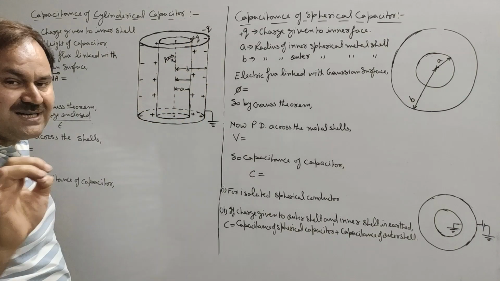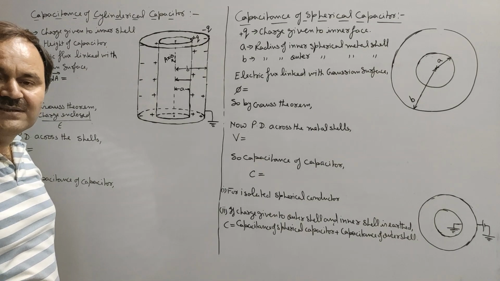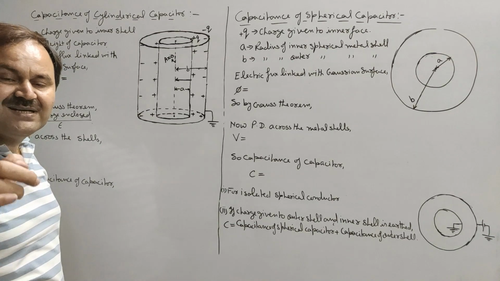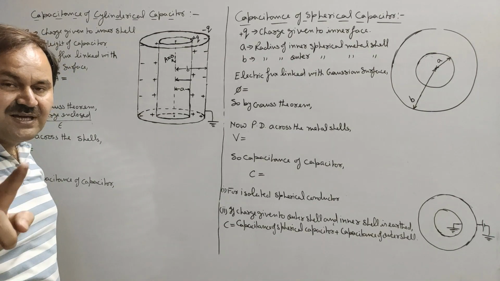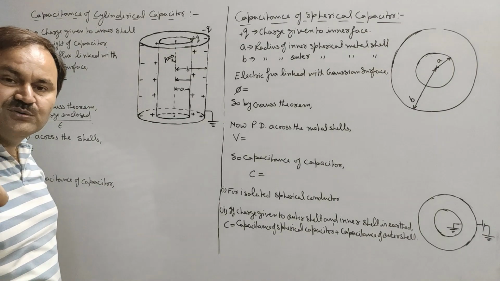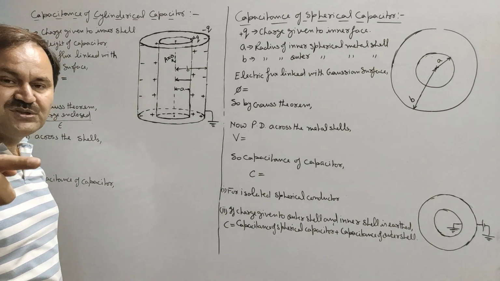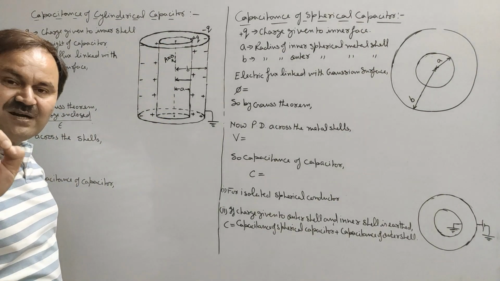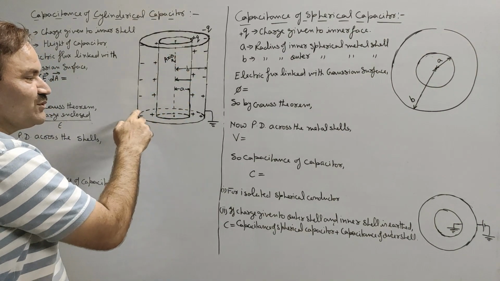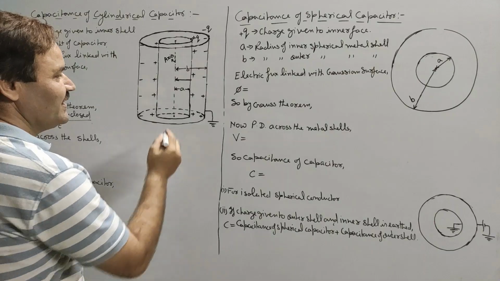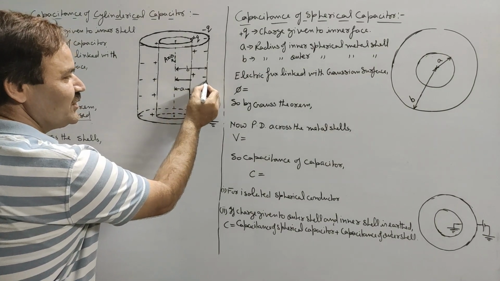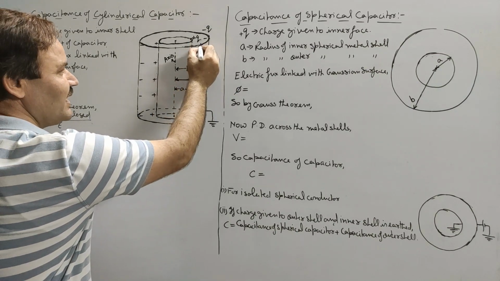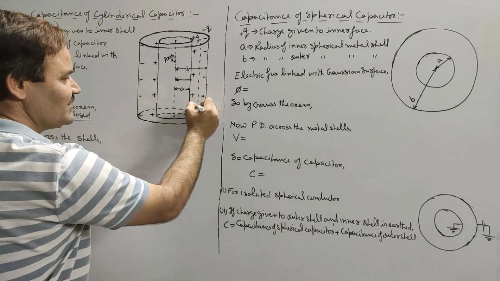We know that electric field in a region can be determined by using Gauss theorem, and for application of Gauss theorem we require a Gaussian surface, and in previous video I have told you how to take a Gaussian surface. So by considering all the properties required by Gaussian surface, the best suited Gaussian surface here in the region between the two cylindrical shells will be a coaxial cylindrical shell.